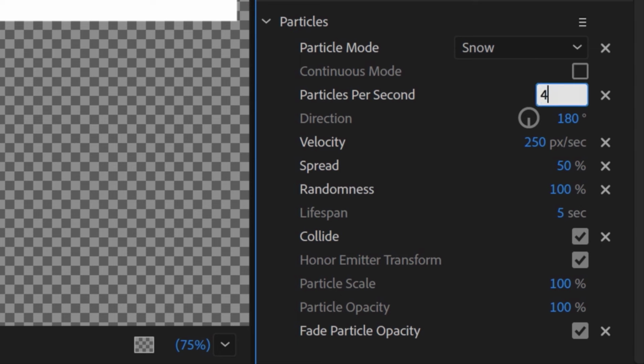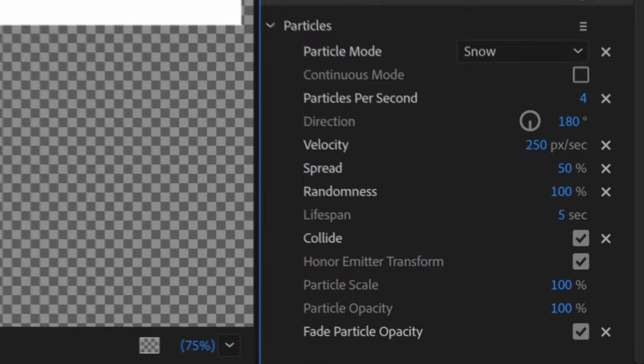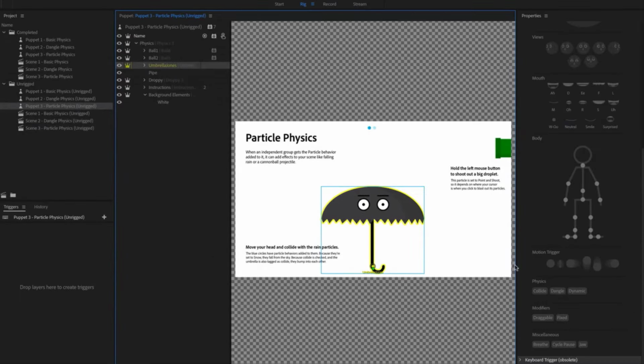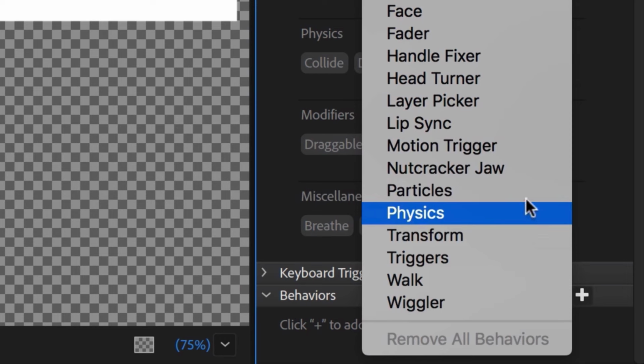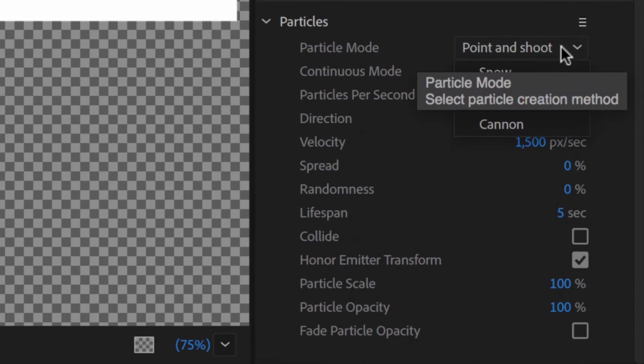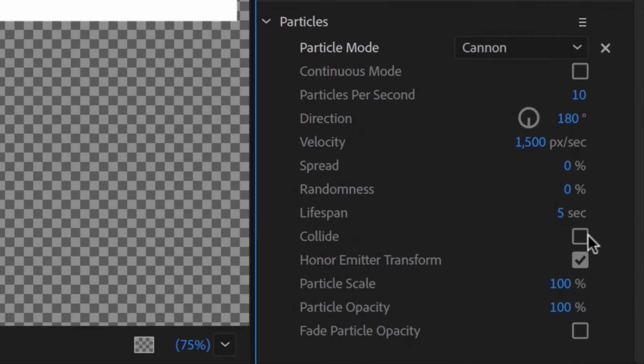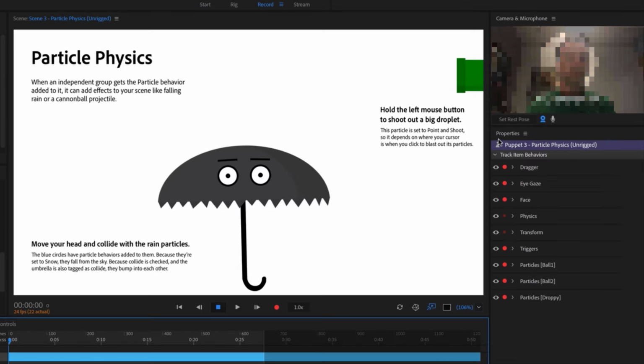Then, to make sure the umbrella will do its job and keep the rain out, I'll select its group and simply give it a collide tag. Finally, to make the larger droplet into a cannon, I'll select the droppy group, add another particle behavior to it, change the mode to cannon, and make sure to check collide. I can also experiment with the parameters below. I'm going to start with only one particle per second and the direction shooting out to the left, at about 270 degrees. If I return to record mode, now